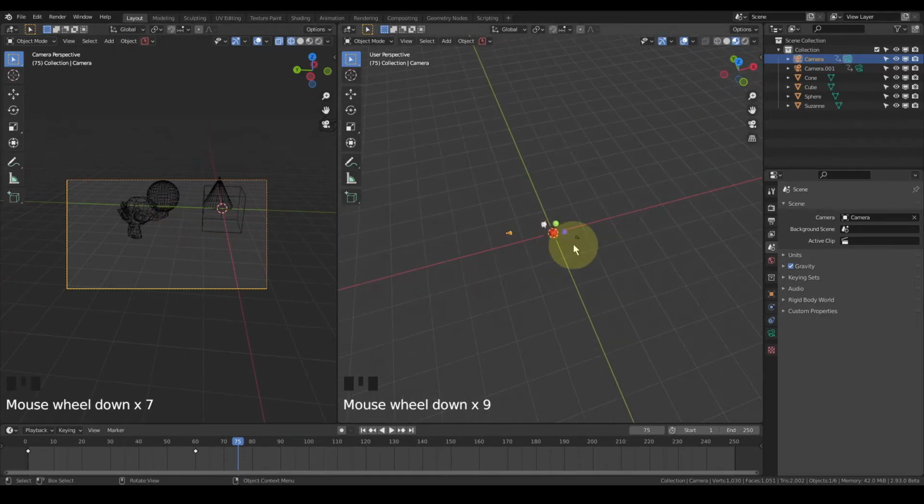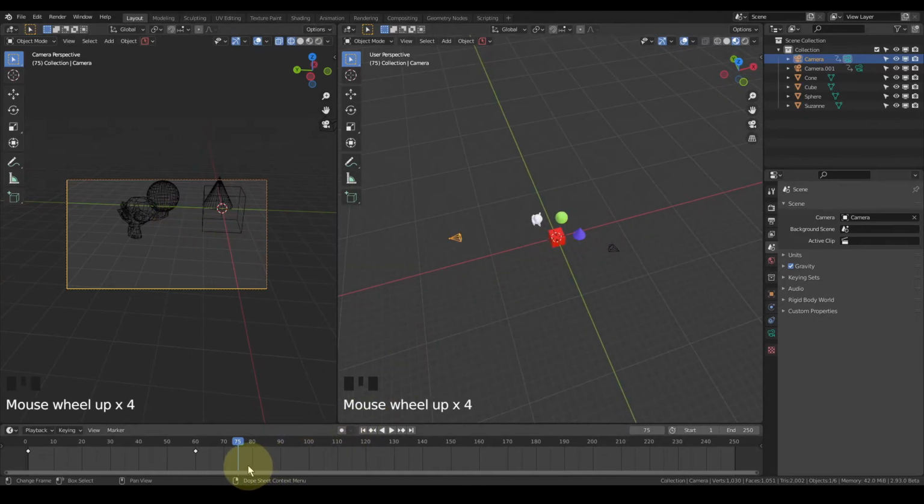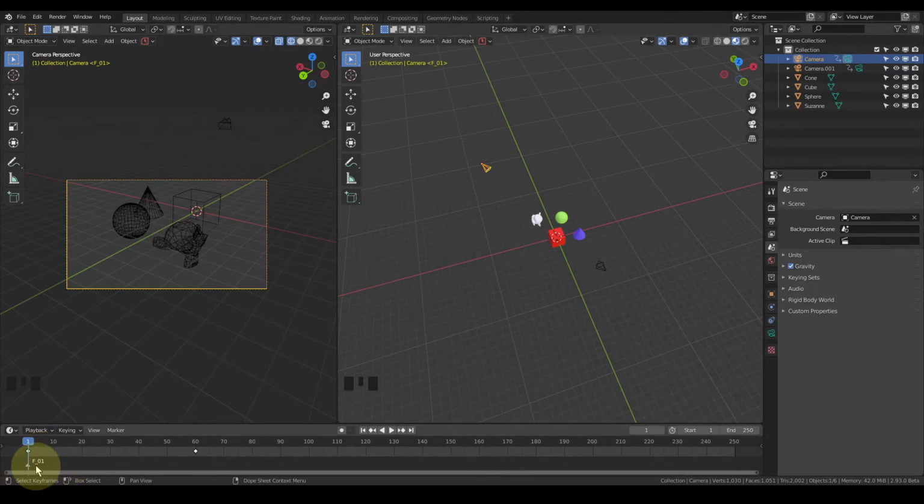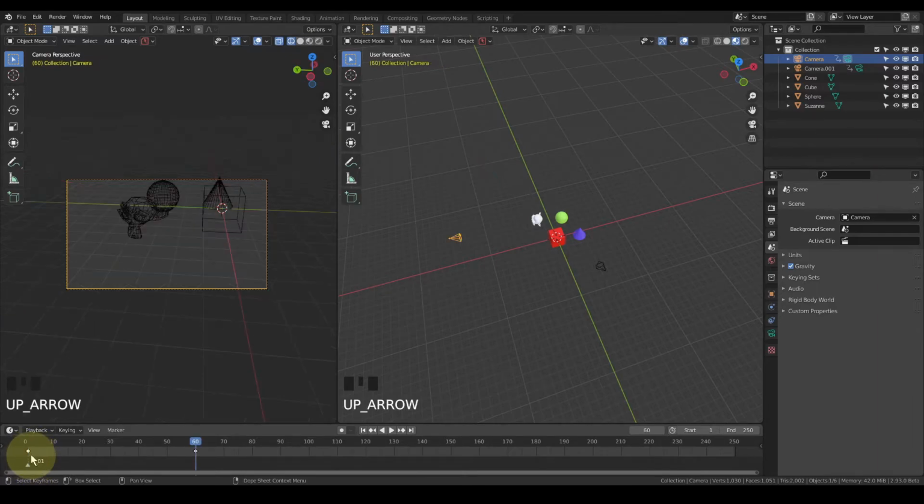But suppose you want both the cameras to be rendered. What you can do is go to the first frame and press M. This adds a marker here. Can you see this? Add a marker where you want the camera animation to start. So we want the first camera animation to start at this point. So add a camera animation here.